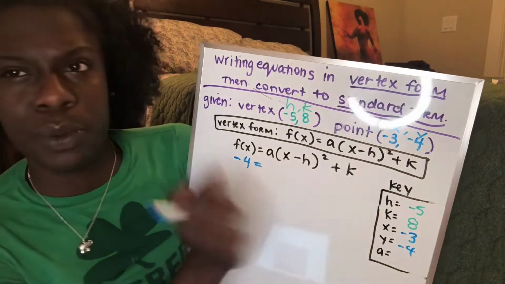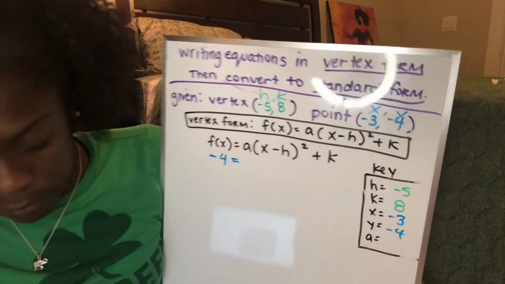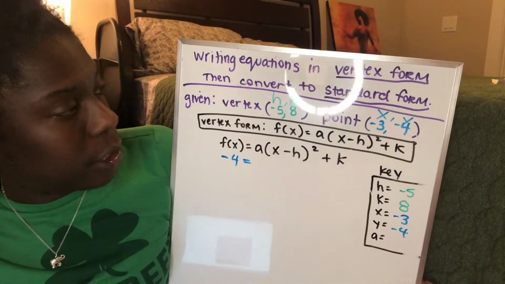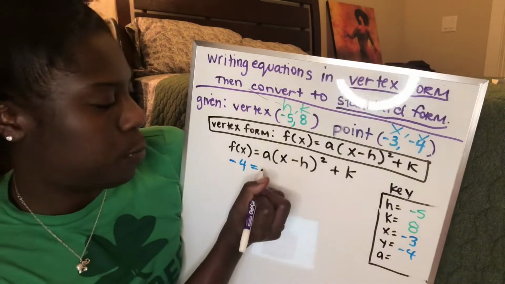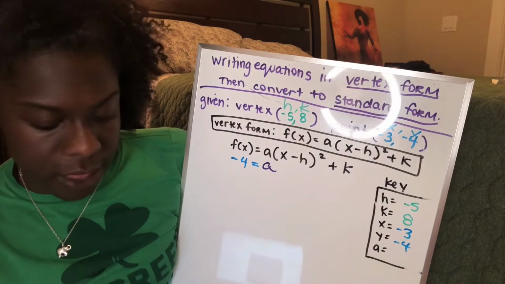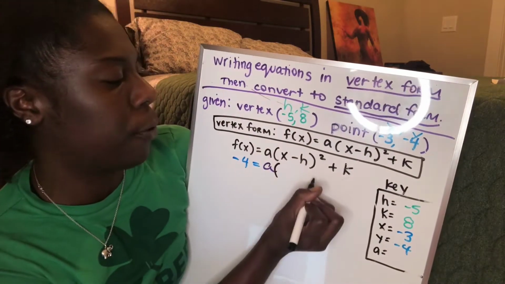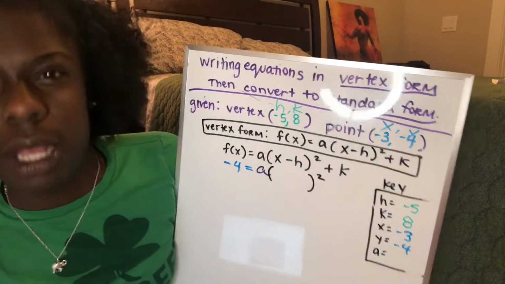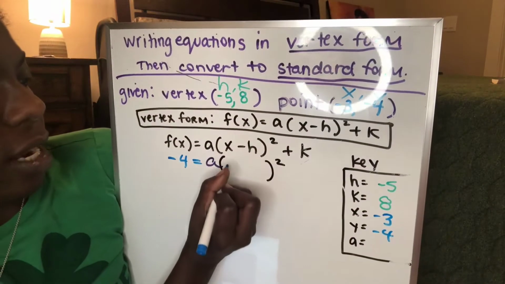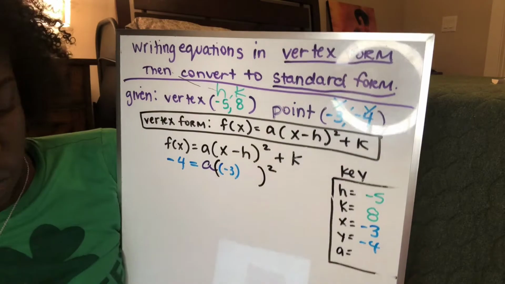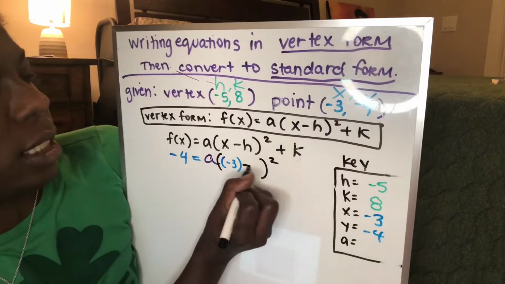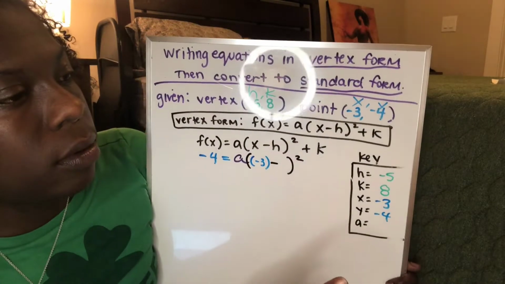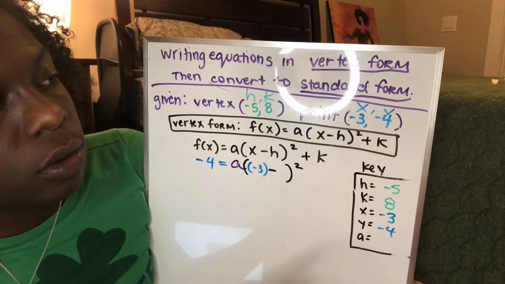And I'm going to switch between colors, just to show you. My a value I do not know, so I'm going to leave that one as purple today. Then my x value, so I'm going to put parentheses around here with my squared. My x value is -3. Now we want to be very careful about those negative numbers, so I'm going to put it in parentheses as well. Minus,